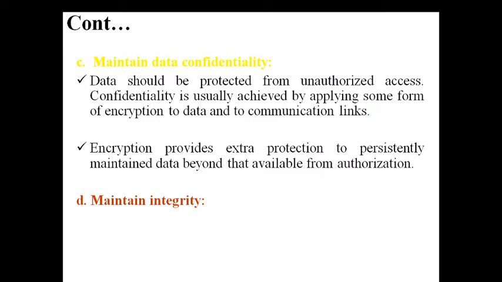Maintain integrity. See, I have transferred 20,000 to some person. But what happened is, in the middle of the transmission, the 20,000 has been modified to 40,000, double the amount. So 40,000 has been debited from my account because of this transaction. So we have to check that whatever has been sent is the same as what is received at the destination. The person B should receive what was sent by A, and it should not deviate from the normal operation. If that is the case, it is called integrity.